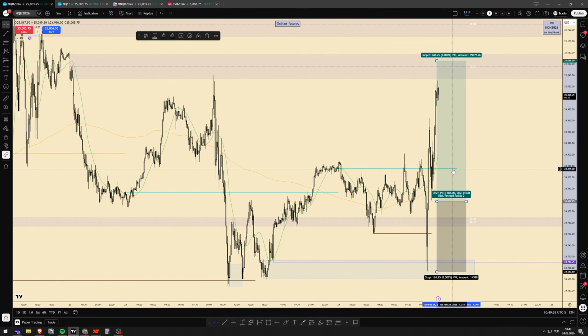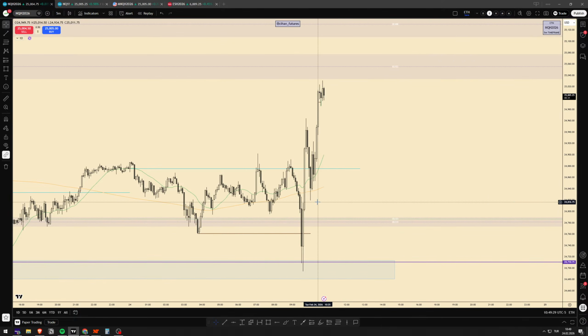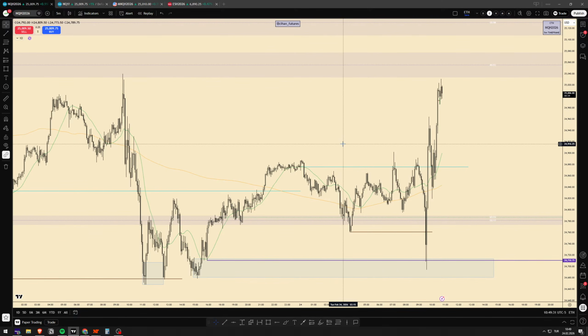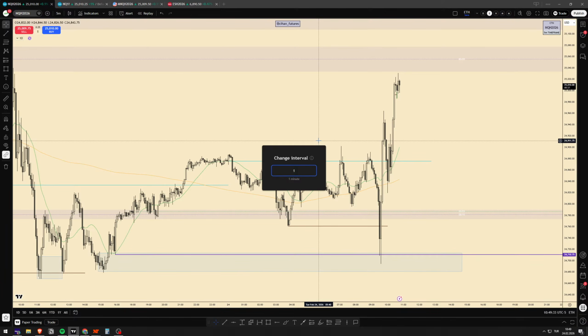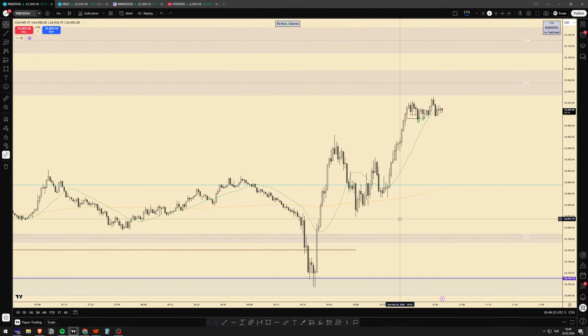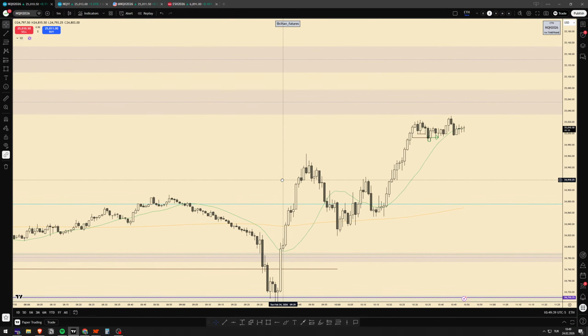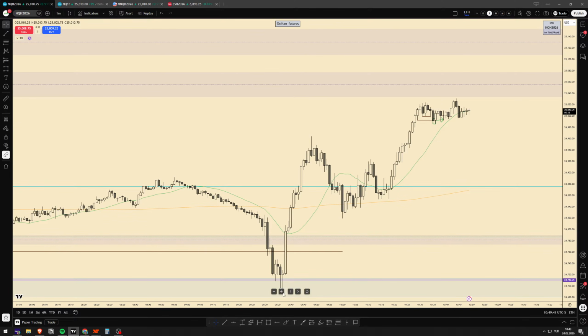I'm not experienced with it, so I didn't take it. I just showed the idea. So we zoomed into the 1-minute time frame, and price was really strong and expanding. So we looked at the volume, the strength of the price,